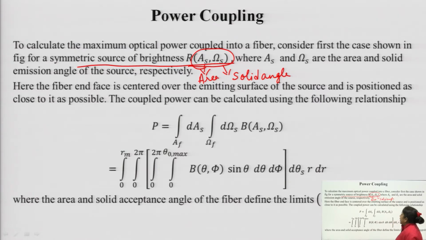Here the fiber end face is centered over the emitting surface of the source and is positioned as close to it as possible. The coupled power can be calculated using this formula, where A is the area of the emitting source,